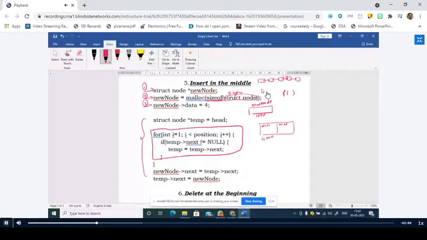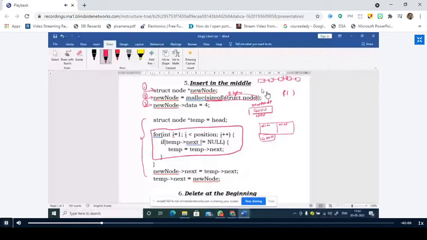Yesterday also we clearly discussed this, right? The 4000 will be returned. 4000 is nothing but the base address of the node where it has been created. So whenever you get an address, there should be a corresponding pointer to store it. Since this is the address of a struct node, it should be stored inside this new node pointer, right? So what is the value that is stored in new node? 4000. 4000 is stored. Super, right?